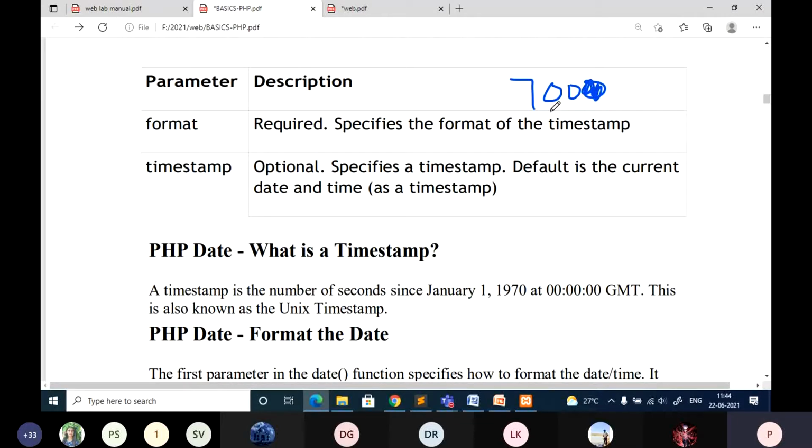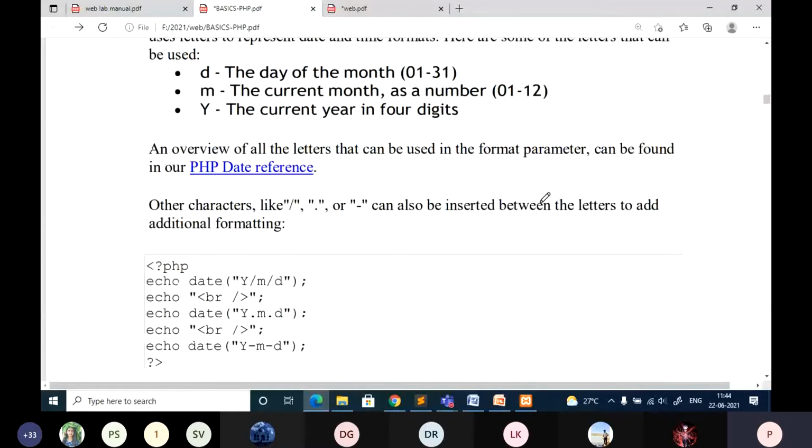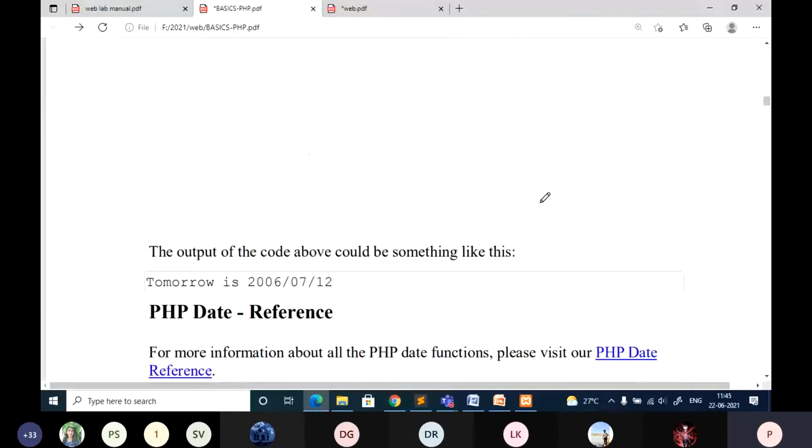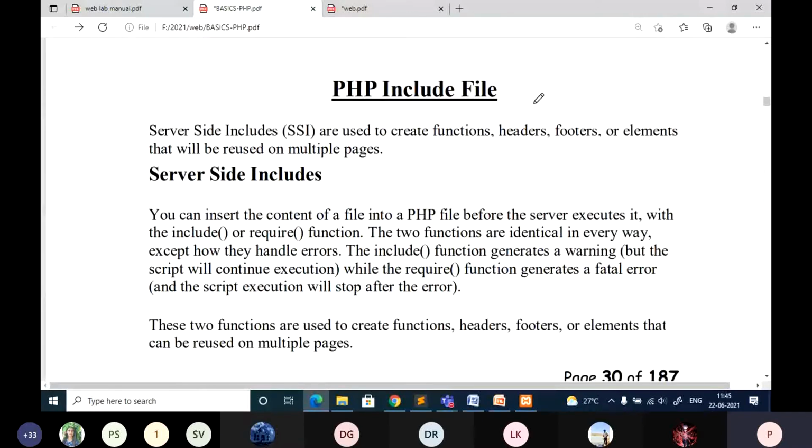When you want to make use of those functions, you should be aware of what functions are available. Just quickly you can go to W3Schools and check it. There are so many functions supported with PHP, that is, the predefined functions I am talking about. So this is all with respect to timestamping. The next class will focus on working with files, and also there are some superglobal variables that I'll explain in the next class.